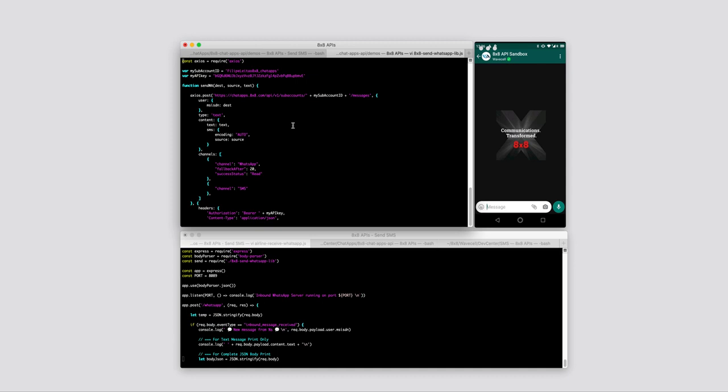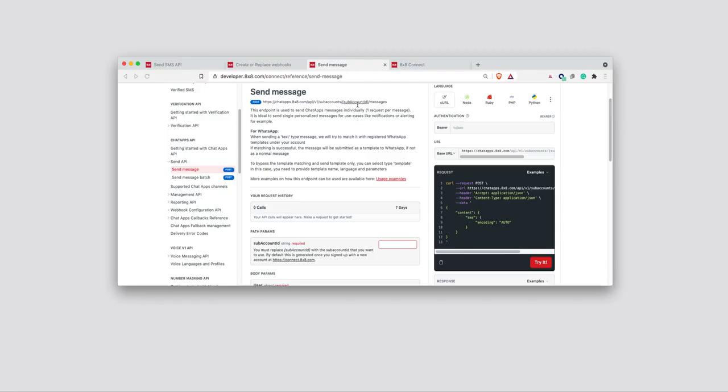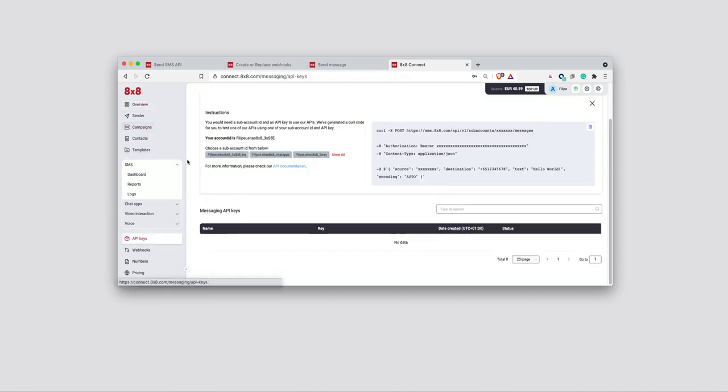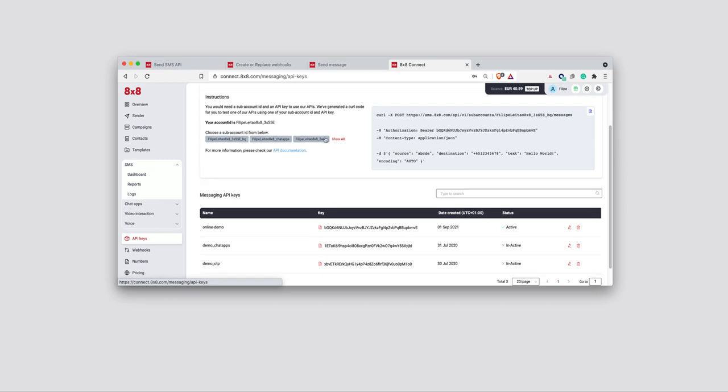To have this script working, there are obviously two very important aspects to consider. Those are related to the authorization of this API. And for that, I need the sub-account ID. So it's an 8x8 sub-account ID that is ChatApps enabled, or WhatsApp enabled in this case, and an API key. To fetch those, you can go to your 8x8 Connect account. You navigate to API keys. In there, you should see a list of all the sub-account